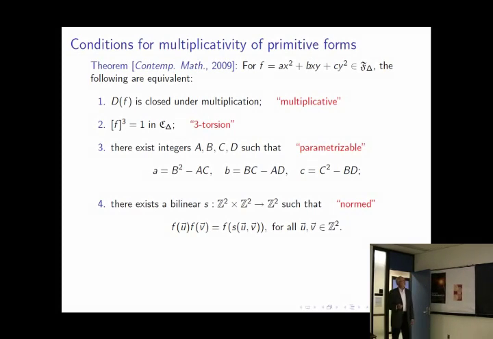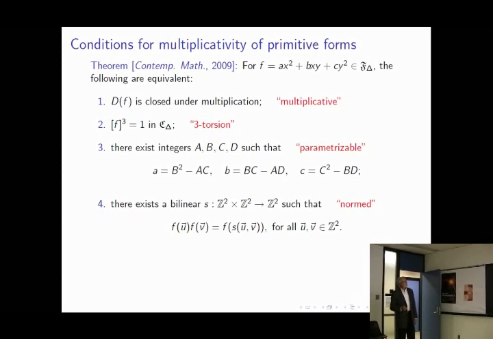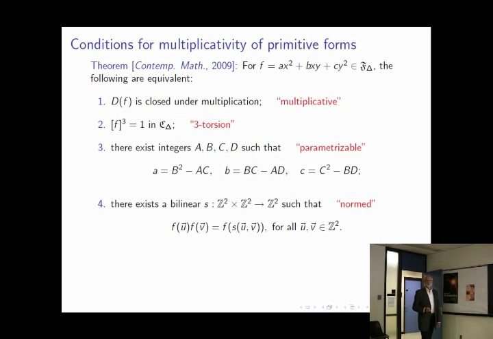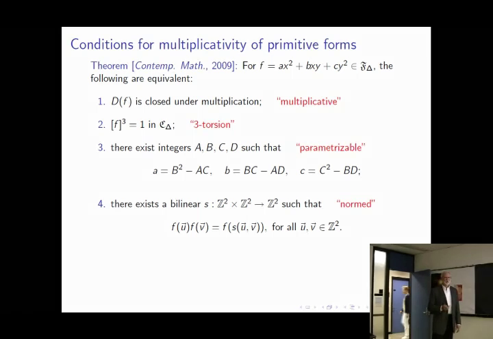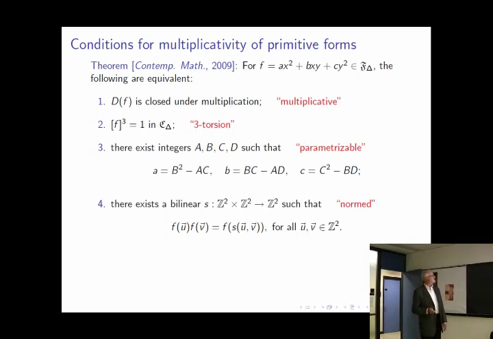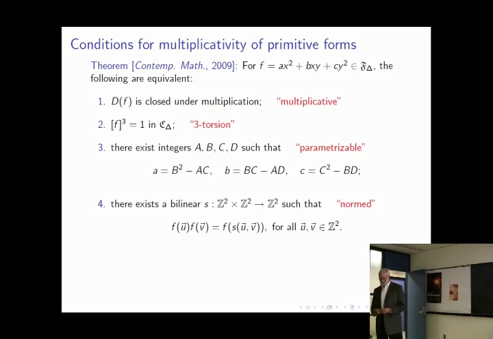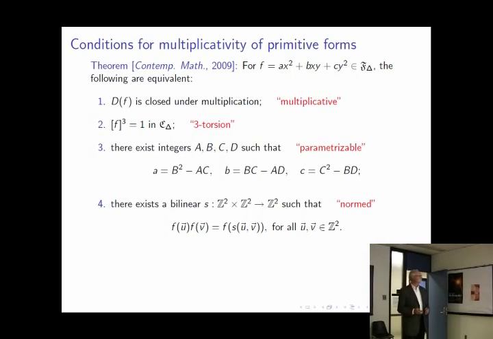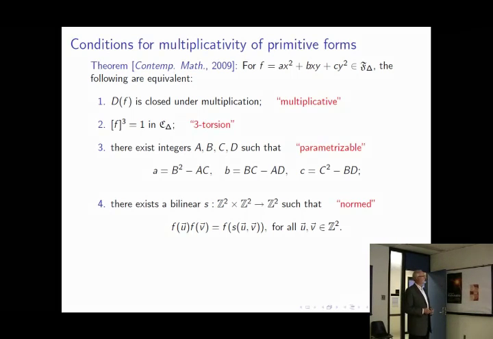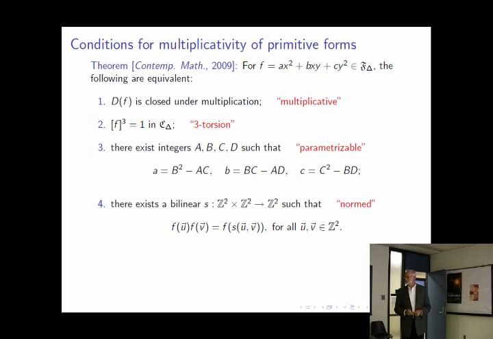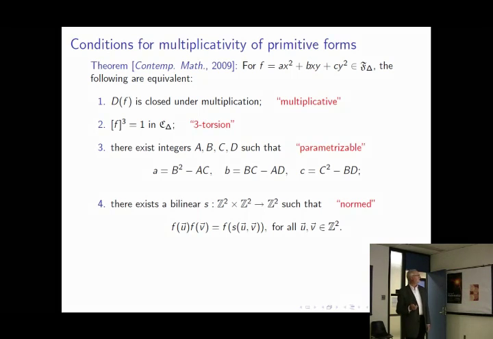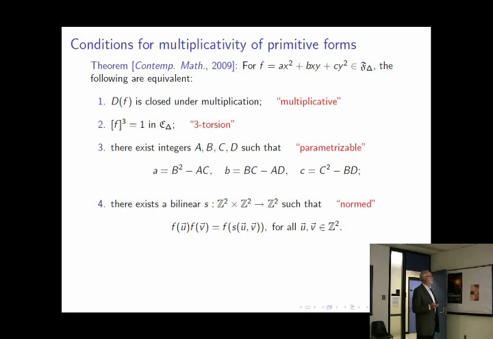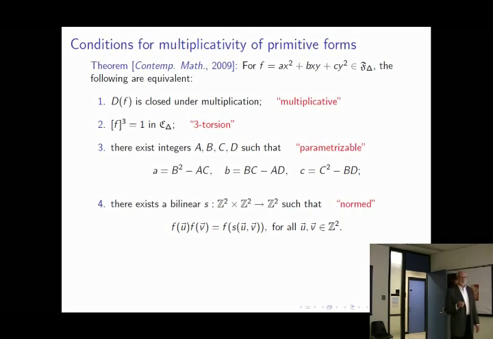So these are all equivalent. Actually, let me see. We've seen 2 implies 1 already. That was on a couple of slides ago. 2 if and only if 3 is basically this business with the binary cubic forms. And it's obvious that 4 implies 1. So the main missing ingredient is 1 implies 2, and that's what Bob and I were able